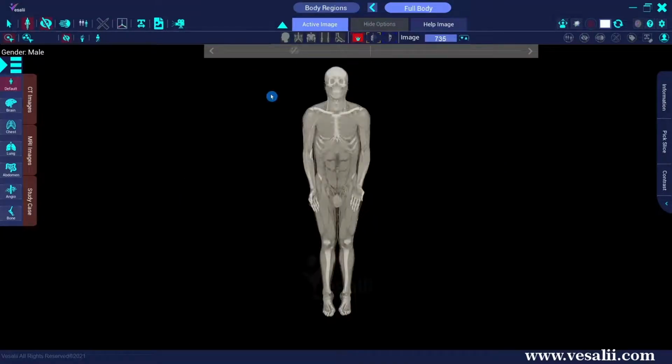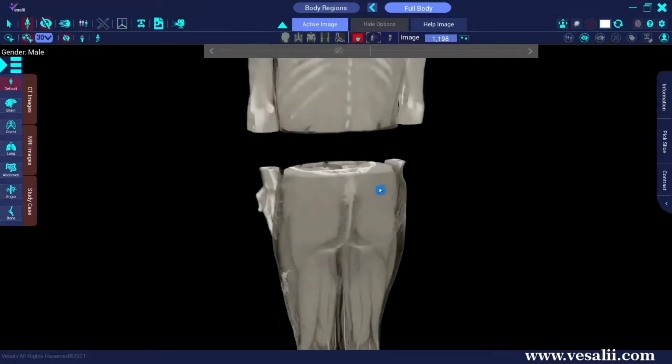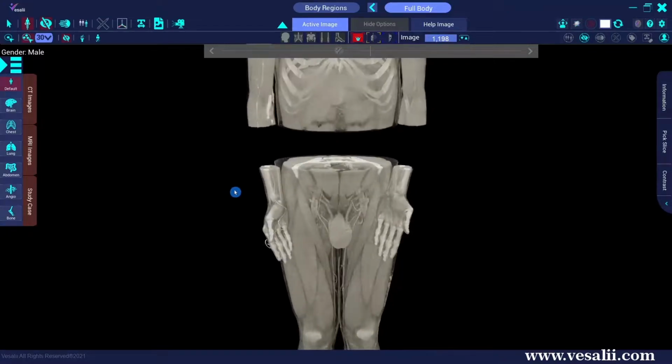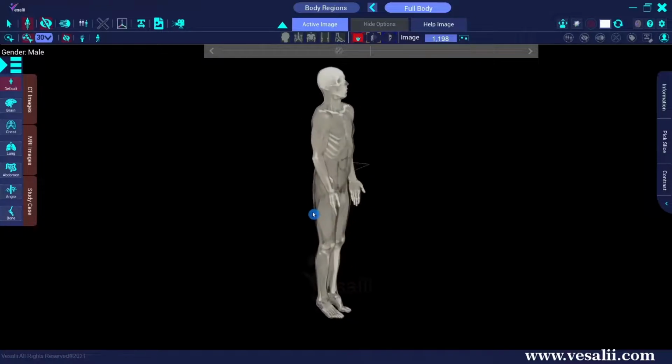To hide a group of images, we activate the Group button and click on the group we want to hide. Select a number of radiology images from the drop-down list to determine the size of the group to be hidden. As an example, we will hide 30 images in the middle of the abdomen region. To undo the hide action, click on the Disable Hide button from the Remove Options toolbar.